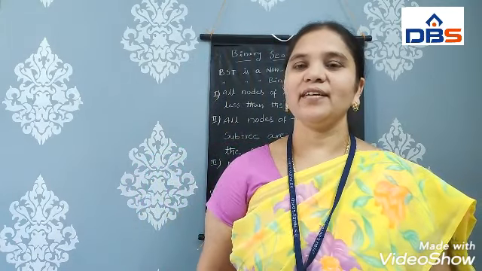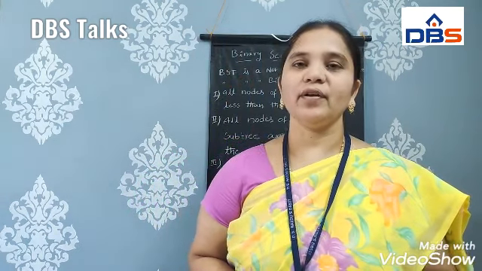Today I am going to explain binary search trees. Already we discussed data structures. Data structures are of two types: linear data structures and non-linear data structures. We completed linear data structures in the first and second units. We started the third unit, that is non-linear data structures. In this category we have trees and graphs.